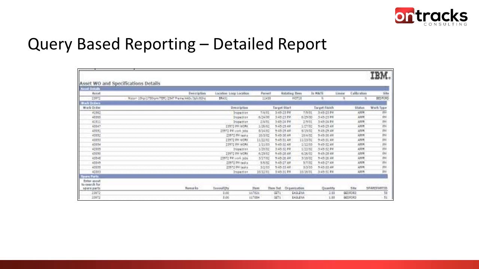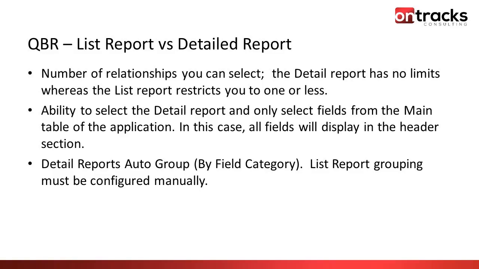But what's interesting, and we're going to find this today, is the list actually gives you a little bit more functionality in terms of what I can group by. If I select a detailed report, the system will automatically group it by the object that the data is coming from, and in a list report I can group by pretty much whatever criteria I want. So even though a detailed report looks a little bit more intuitive and a place where I can get a little bit more informative data out of it, we're going to be talking about how to make a list report work for you today. So a QBR list report versus detailed reports,